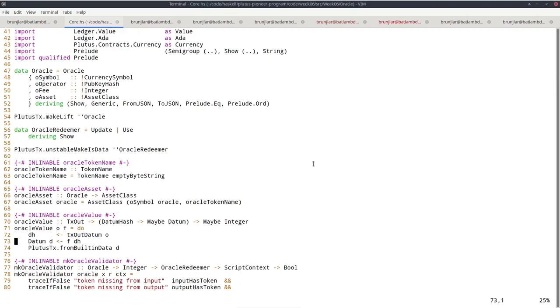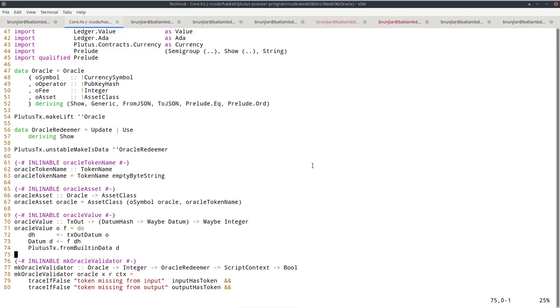So then we can use PlutusTx.fromBuiltinData to maybe turn this D into an integer. Of course, there could be a problem that the datum is there, but it's not an integer, it's some other data type, in which case this would fail. So we have to do these three steps and each of them can fail. And this is a nice application of the Maybe monad, where using this monadic notation makes it much nicer to write down. And as I said, we'll see in a bit where we use this helper function.